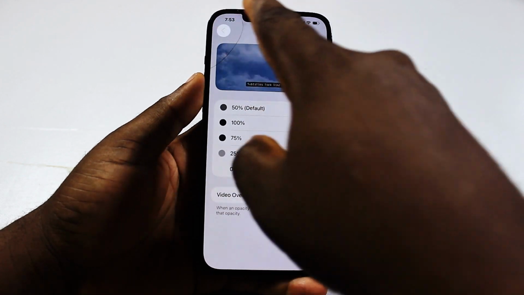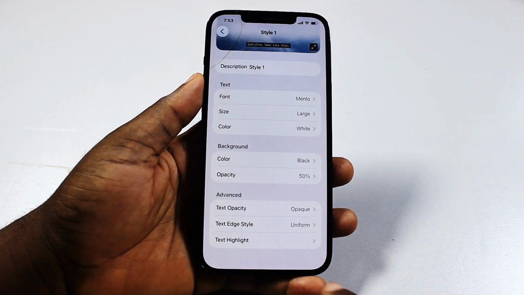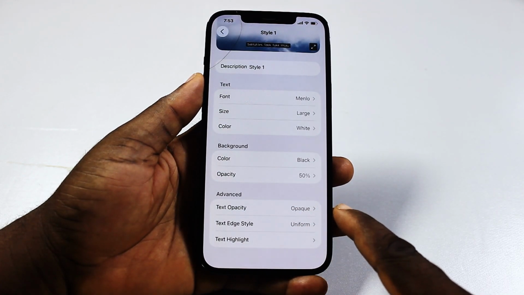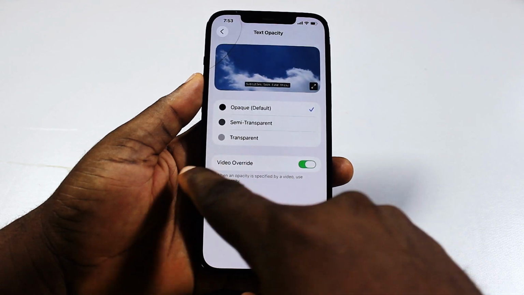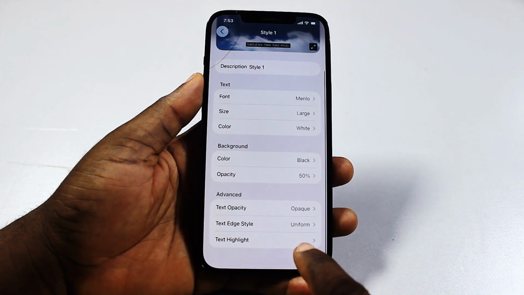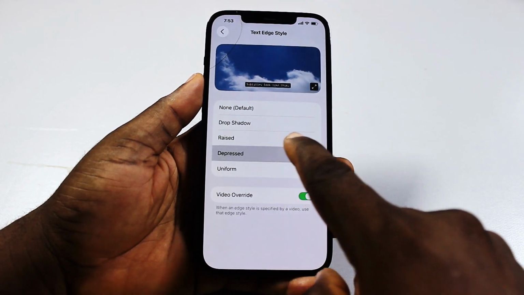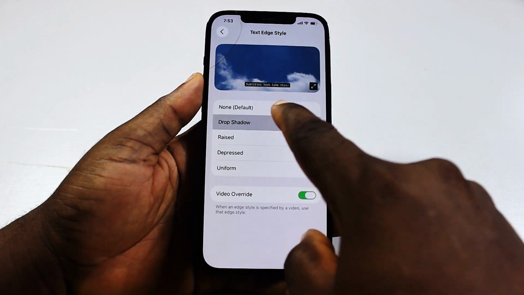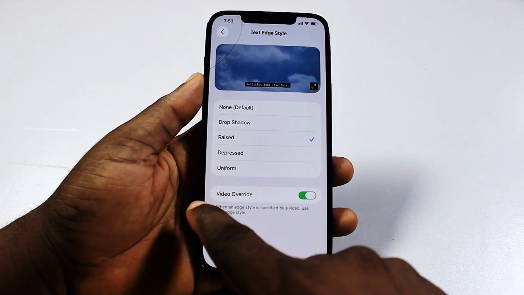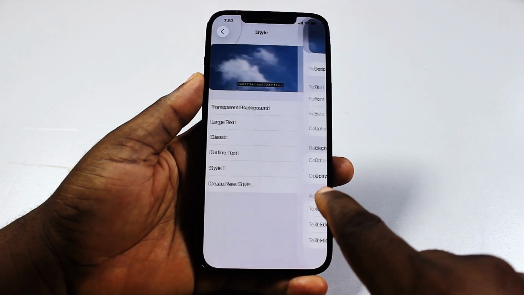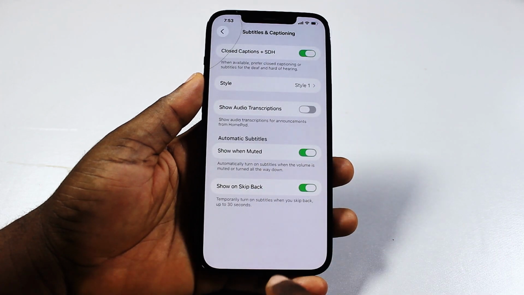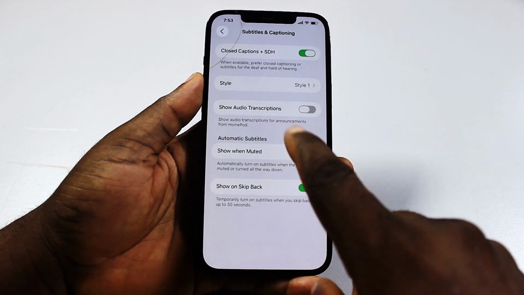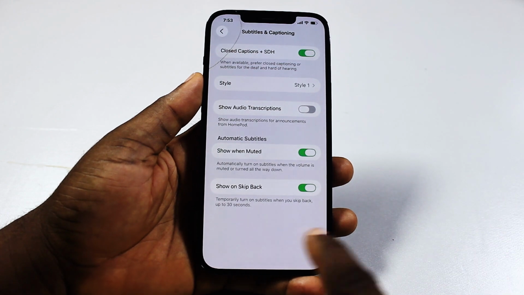And then again, go back, come here and address the text opacity and text edge style. If you want it to be uniform, depressed, raised, or drop, then go back, and then you are good. If you want to show audio transcription as well, turn on Show Audio Transcription for announcements from HomePod, and